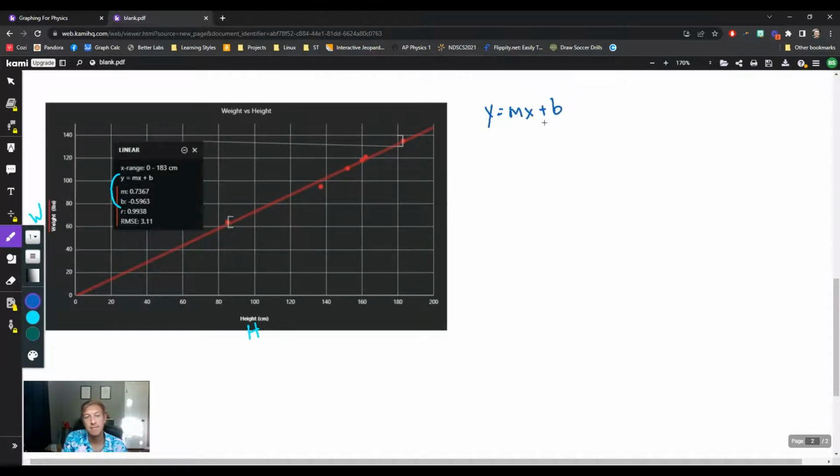So that's my base math model, the equation for a line. The y variable is W, so weight equals m, the slope. I can pull the slope right from graphical analysis,